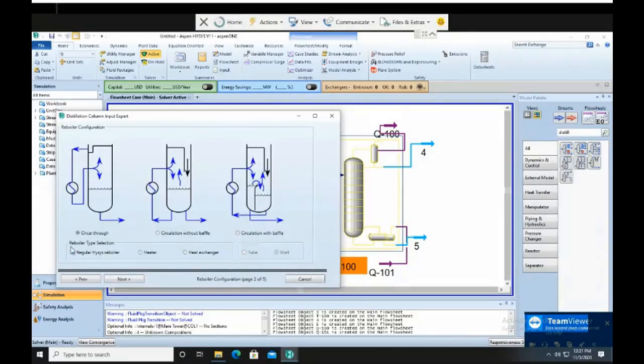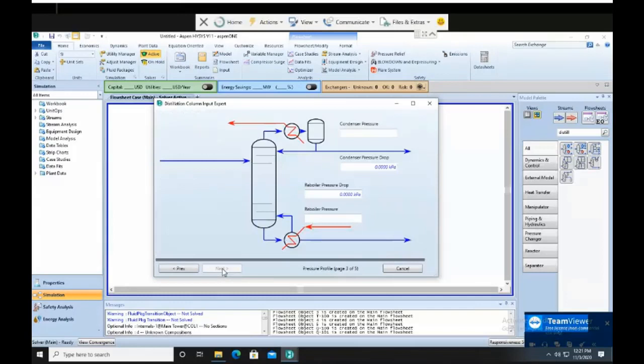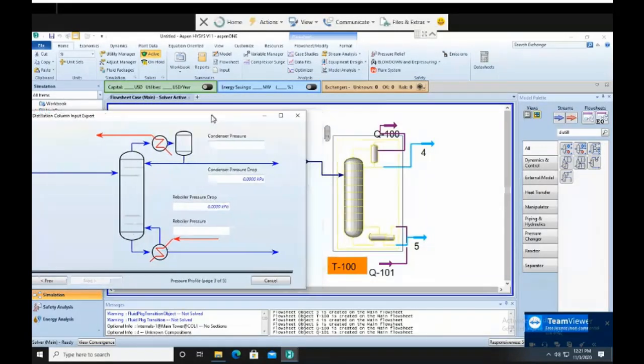Now, this is the type of heat exchanger that we want to work with. I mean the type of reboiler that we select does not really matter. So we choose a regular Hysys reboiler. You go to next. Okay, now, this is a very important part where you have to choose what is the